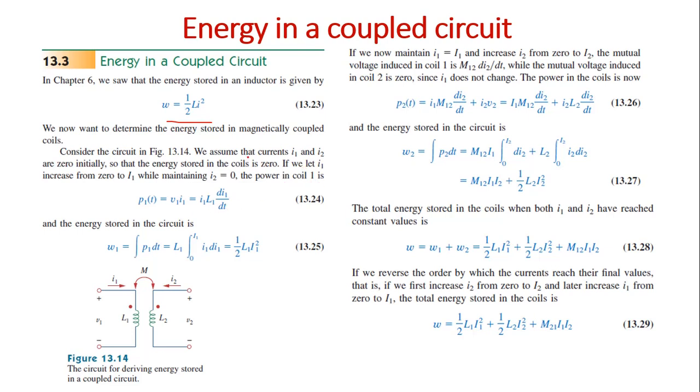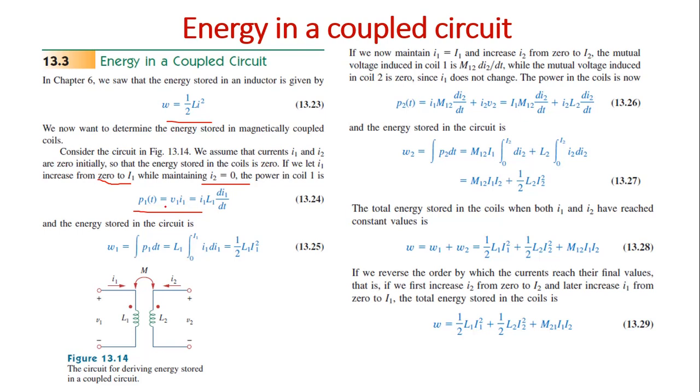So initially we are assuming that currents I1 and I2 are 0. Now we are going to increase current I1 from 0 to a value of I1, and I2 is maintained at 0 itself. So first we are increasing I1 from 0 to capital I1, some constant value, whereas I2 is maintained as 0. Now what happens to the power? Power is equal to V into I. So for first coil it is V1 into I1,